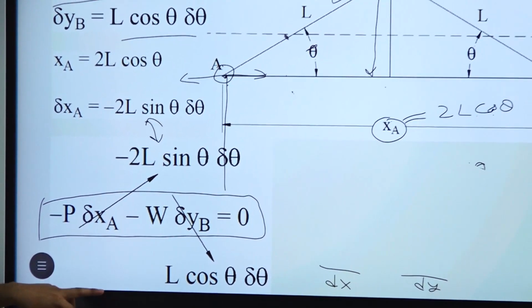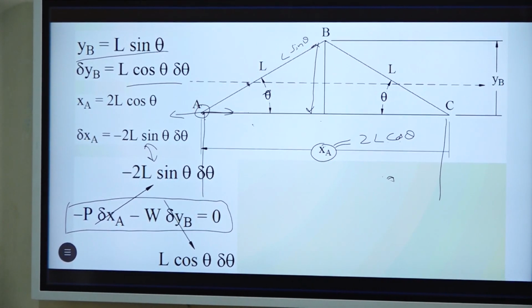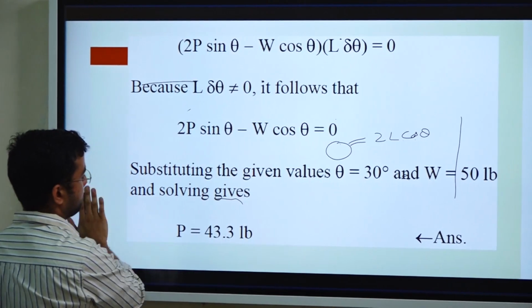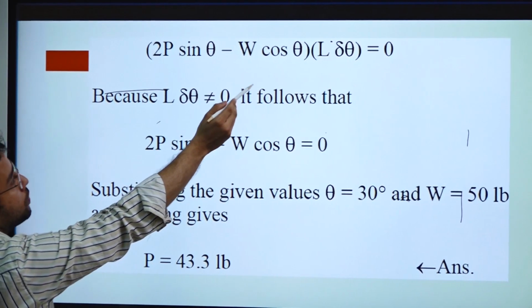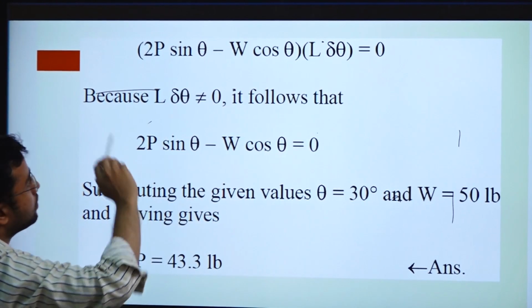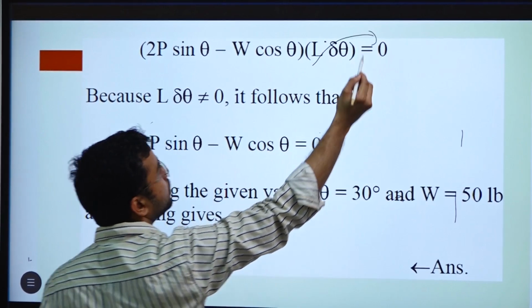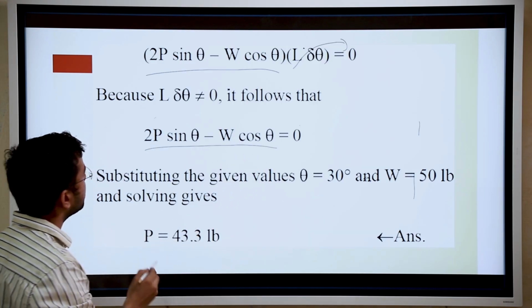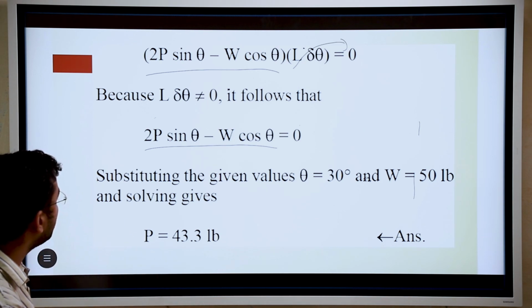When you put all these in and solve, you get minus 2P sin theta minus W cos theta, L delta theta, we have just put in the values. This equals 0 on the right-hand side, and you will be left with this equation. Substituting the given values, theta and W equal to 50 pounds, you will find P is equal to